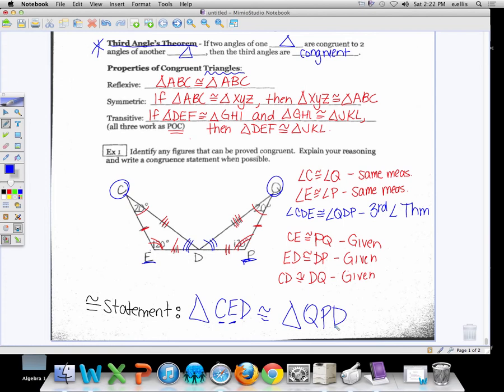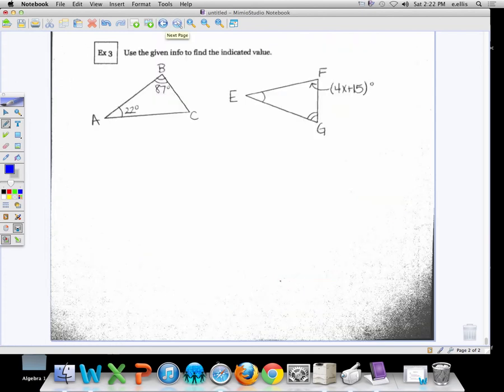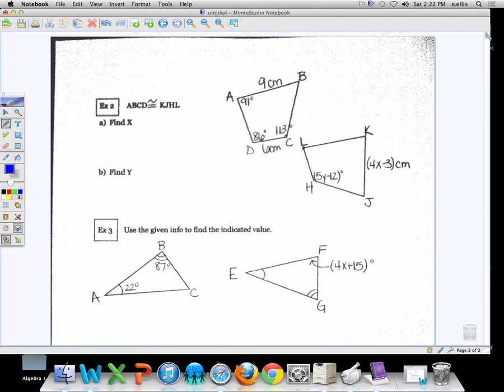Now, because those congruent statements are so matchy-matchy, that can help you find missing measurements. Flip over to the back side here. Example 2. Now we have really quadrilaterals. They have 4 sides. We really don't know anything other than that. But our congruent statement says a quadrilateral, we'll say quad here, ABCD is congruent to KJHL. They are using all 4 corners to help you out. Remember, this is a congruent statement, so the parts are matching. They would like us to find X. In my picture, kind of look for it, X is over here on the right-hand figure, and it's matching on